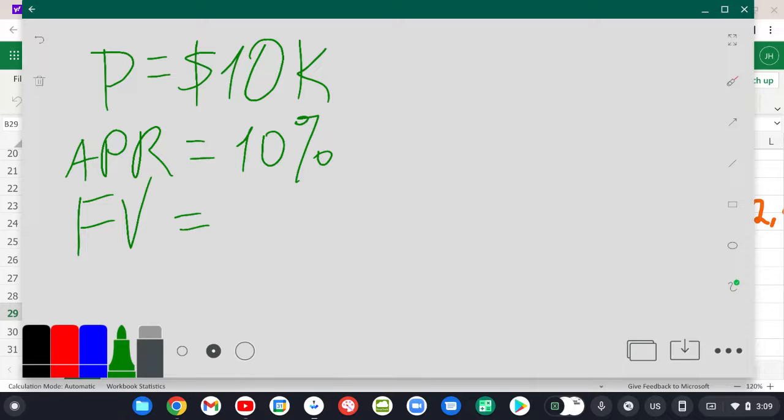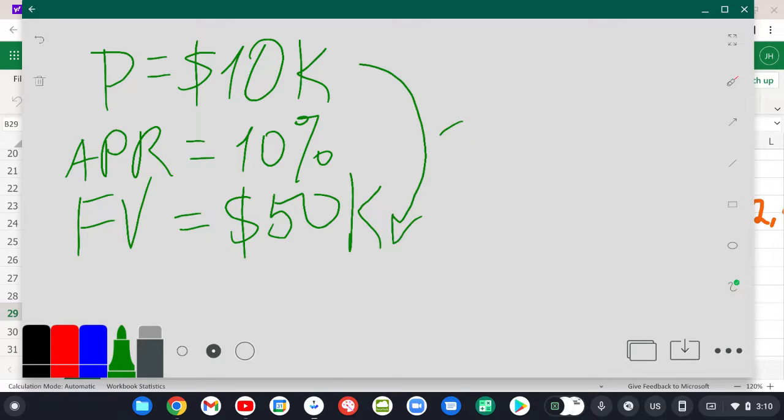So you want to grow it to 50K. If the interest rate is 10%, how long will it take to grow your